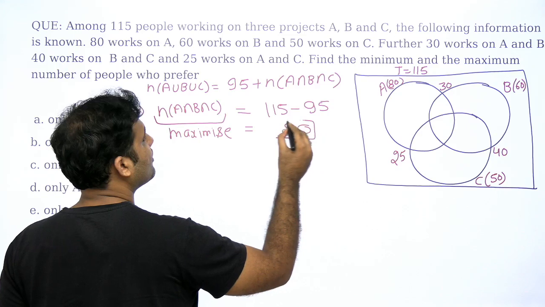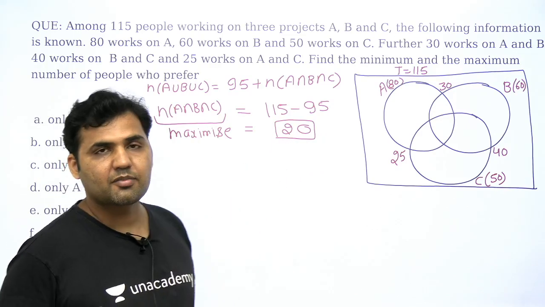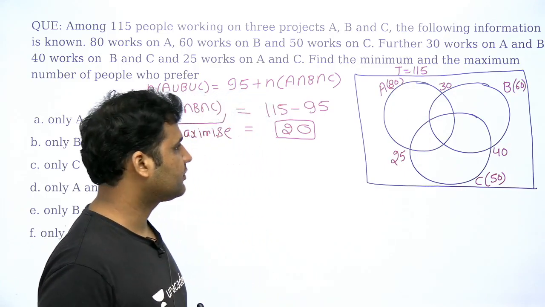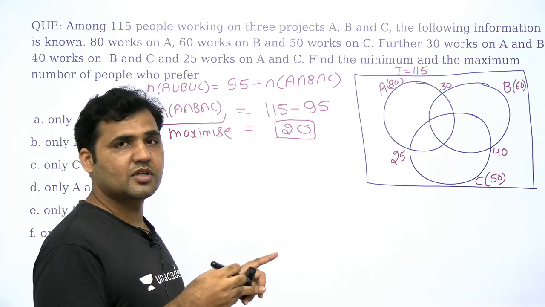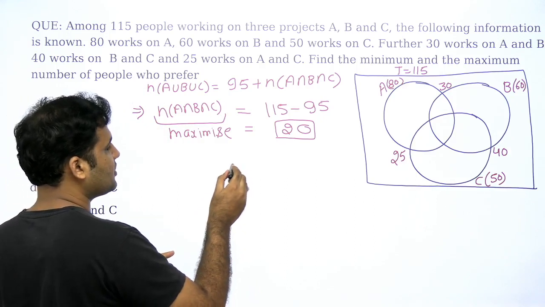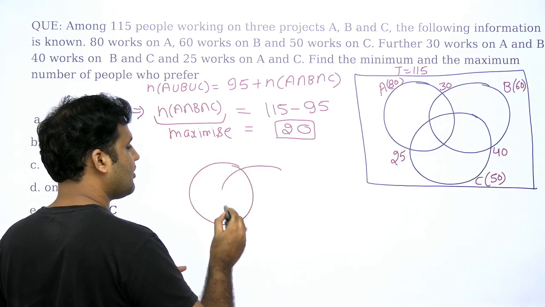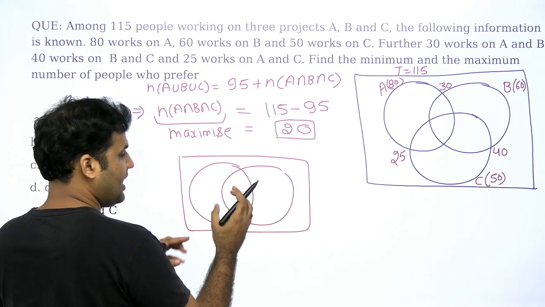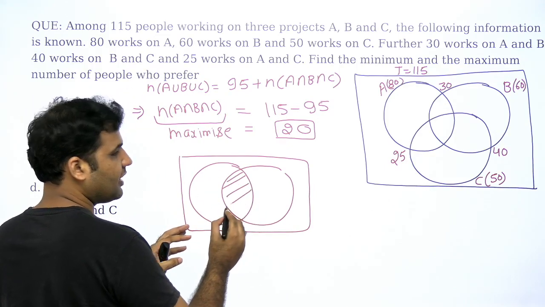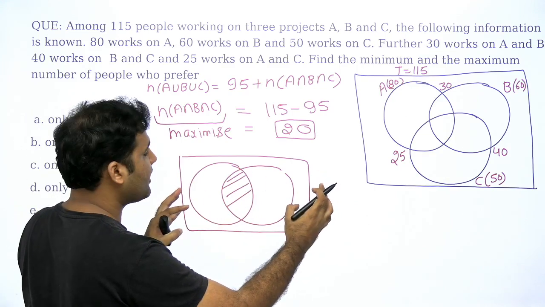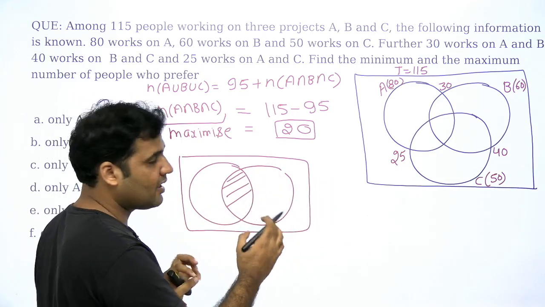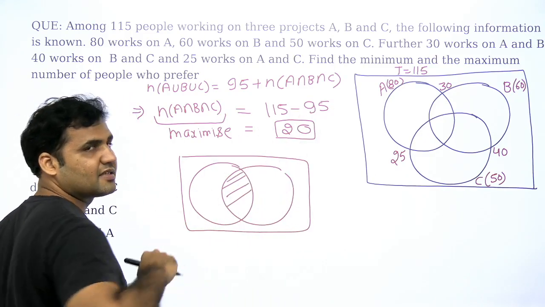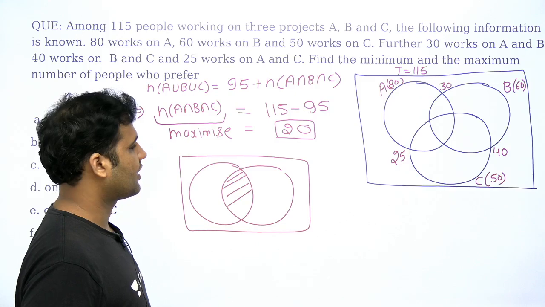Now, once you find out the maximum of this, let's learn the approach of finding the minimum of this value. Guys, we have seen that in a circle, when it comes to two sets, if I decrease this overlapping area, the circles will move apart. If these two circles move apart, the union of sets goes up. So we will apply the same logic over here also.